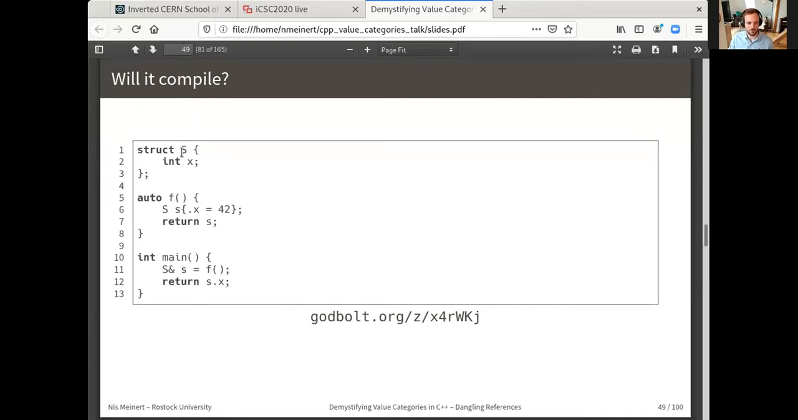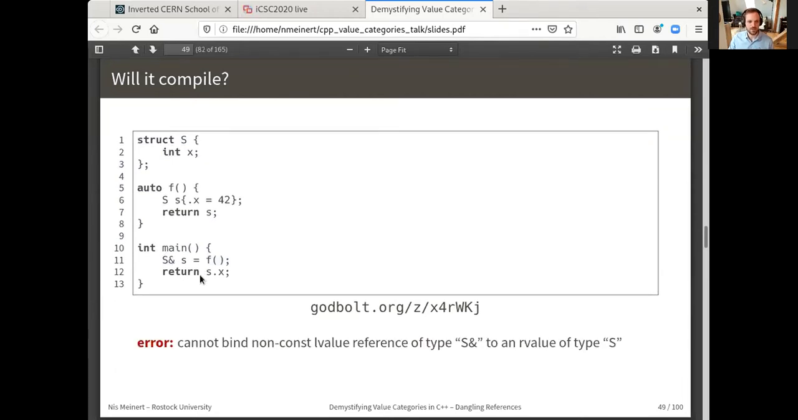We have a very simple struct s, which stores an integer x, and we have a function f, which generates such an object s and then returns it. So this is very simple code. And in the main function now, we call f and store this in a reference. And so this could be tricky. In fact, if we try to compile this, we get a compilation error,